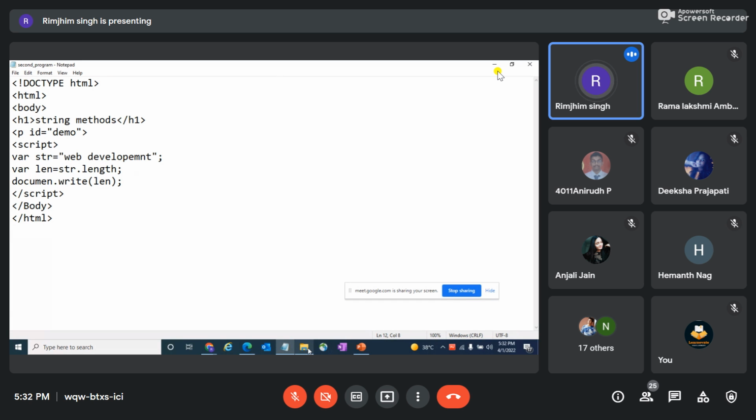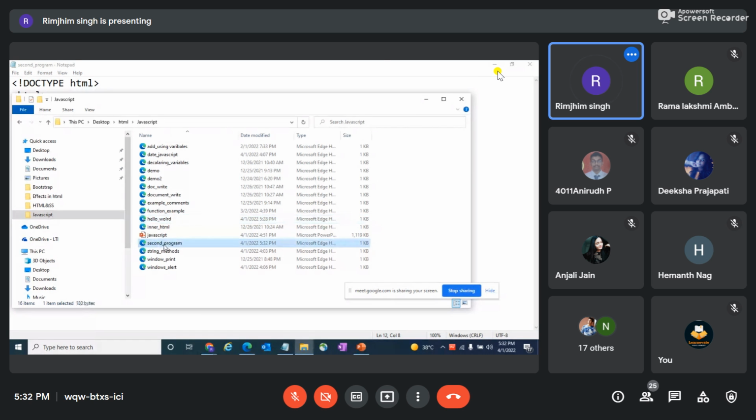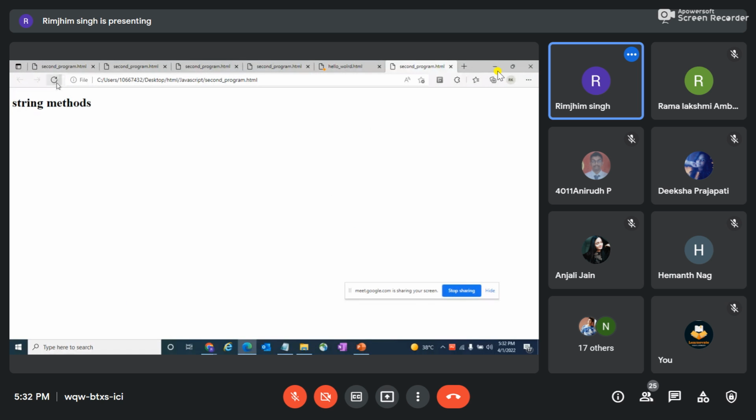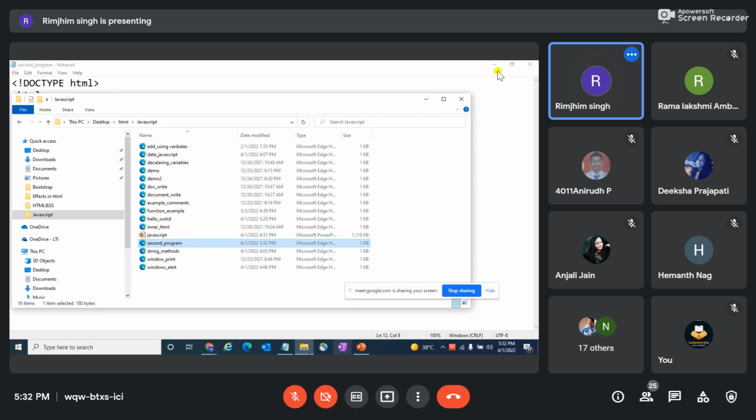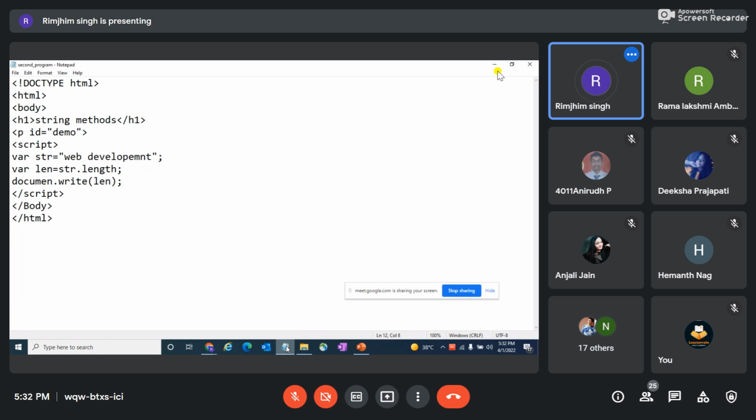So let me just run my second program. Okay, let me just close everything and then check my program. So herein what I have done is I have declared a demo script.